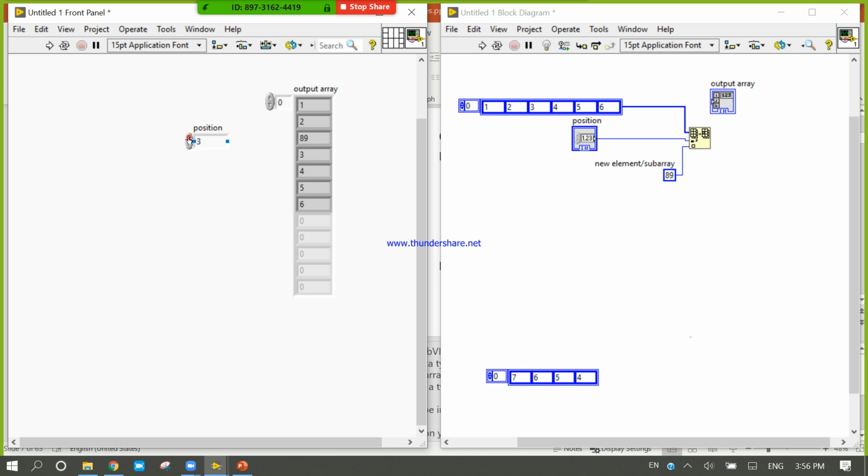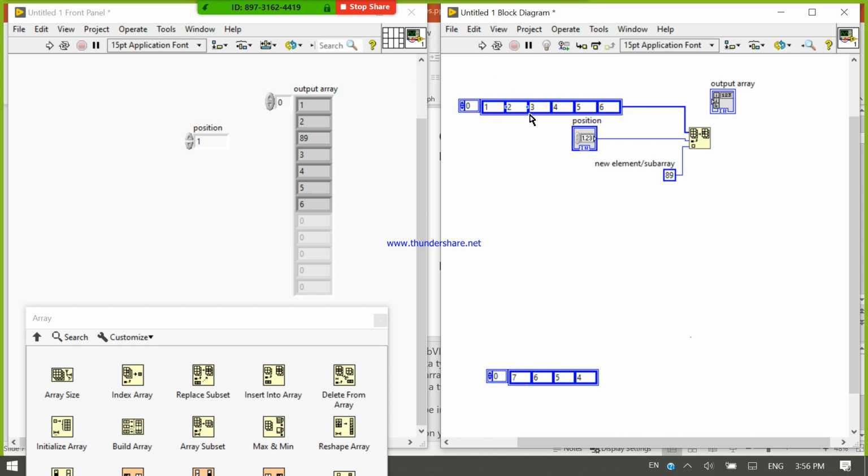By default my position is 1. Now we will replace, connect, look here, now it's replaced: 2, 189, 3, 4, 6, 7, 6.